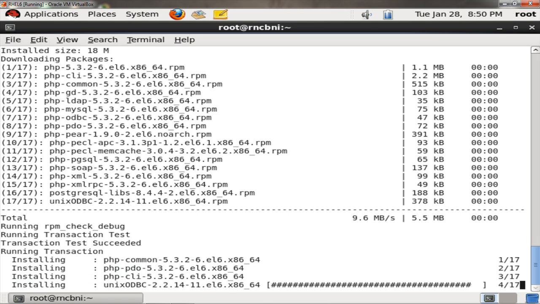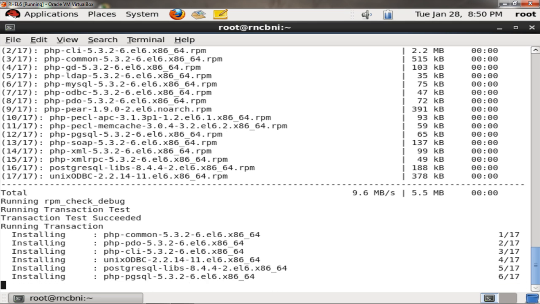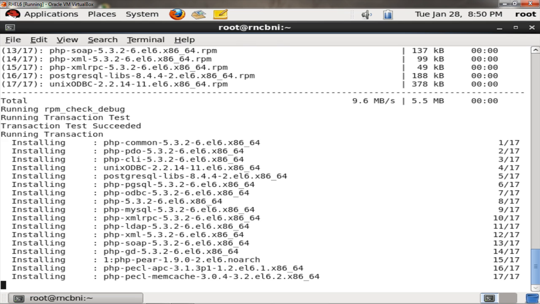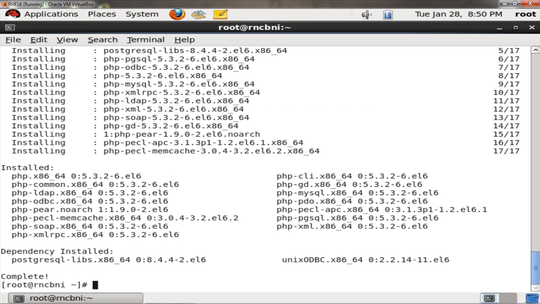This will take some time because to install PHP there are lots of dependencies which are going to be installed, and now PHP has